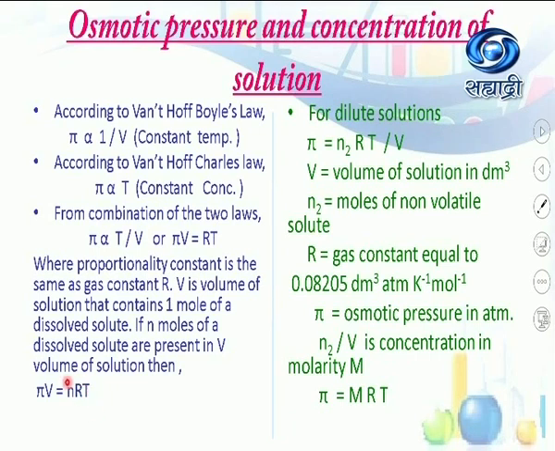Here n is the number of moles of a solute. In the previous session, I have told you the moles of a solute are denoted by N2, and that's why we have to write the expression as pi V is equal to N2RT, which is the same as pi is equal to N2RT upon V. So V is the volume of solution which is in liter, or we can say dm cube. N2 moles of a non-volatile solute. R is gas constant which is equal to